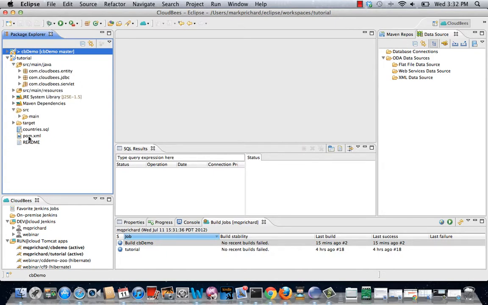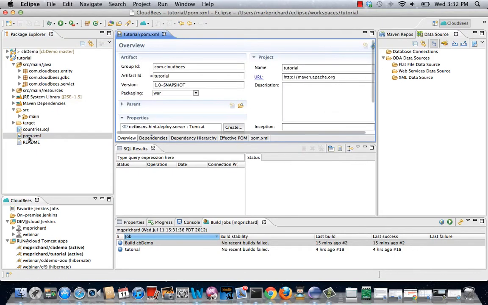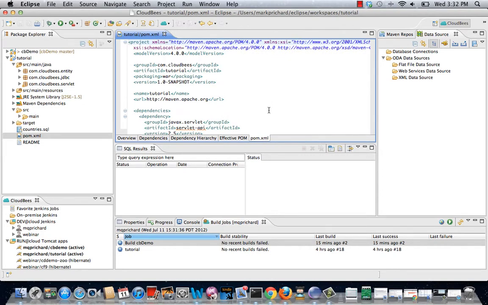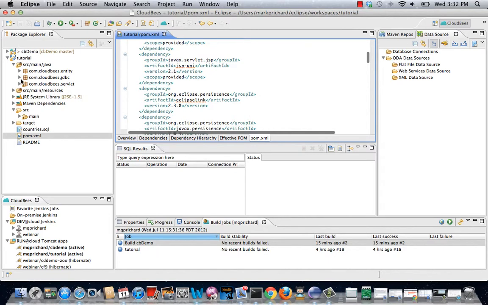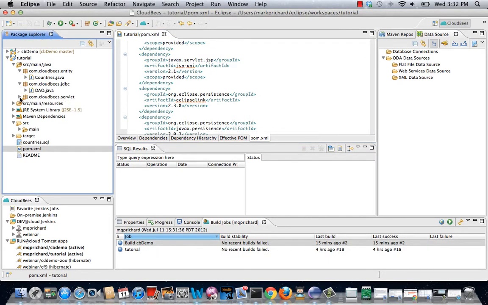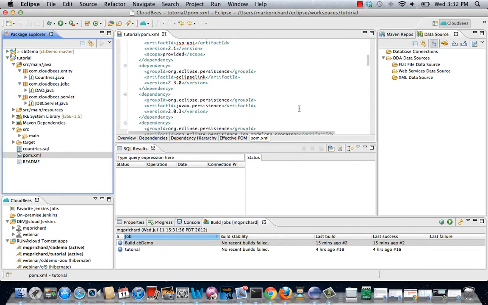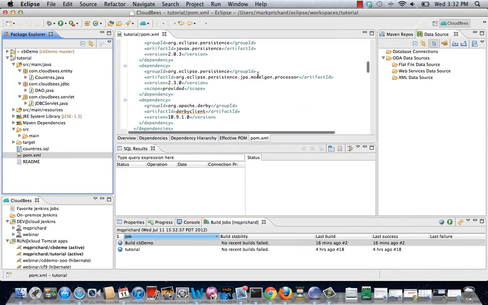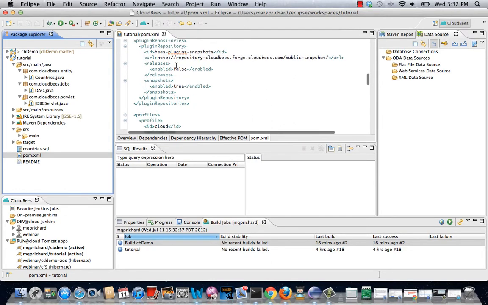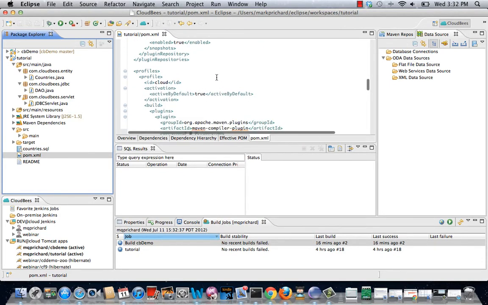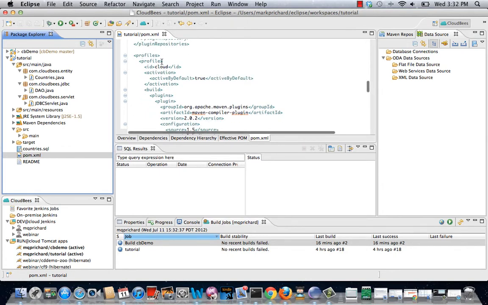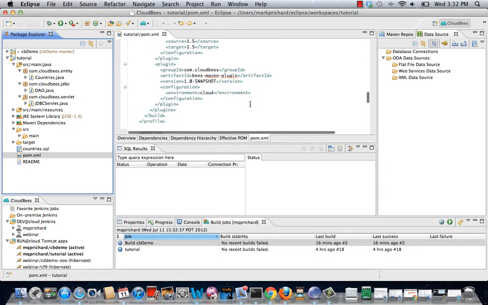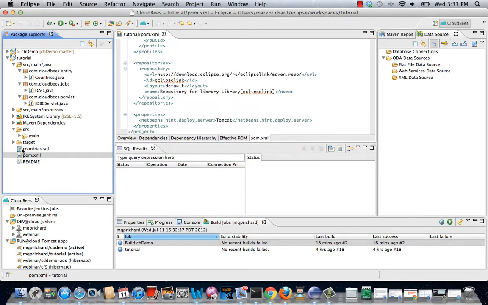So here's my pom.xml. Let's have a look at the project POM, and let's come down here, and you'll see that I've got a fairly simple JDBC web app application. So I've got a class here that implements a JDBC servlet class, and then we're accessing a database, and you'll see how all that works in a minute. So we've got the various Maven artifacts, and we have the reference to the CloudBees repository. And what you'll see a little later on is that I actually have Maven profiles set up that will link to environments that are defined within the